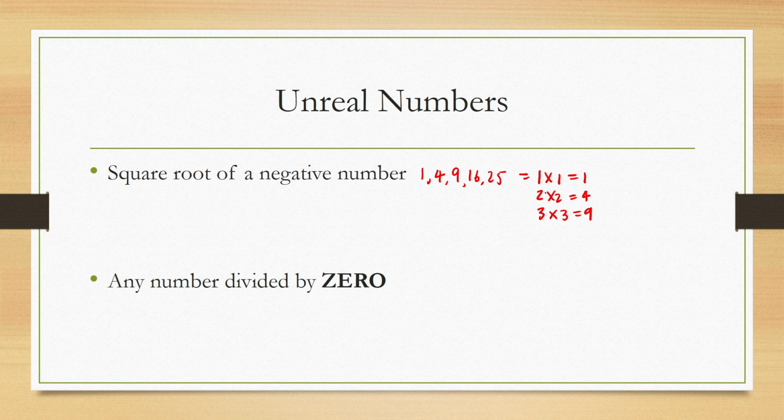Then what we also notice here is that even if you multiply the negatives of these numbers, let's say for example negative 1 multiplied by negative 1, you'll still get 1, the same one that we got when we said a positive 1 times a positive 1. Similarly, if you say negative 2 times negative 2, you'll still get a positive 4, because we said when you're multiplying, you always multiply your signs first and then you multiply your numbers. So negative times negative, whenever you're multiplying same signs, you'll always get a positive sign, and then 2 times 2